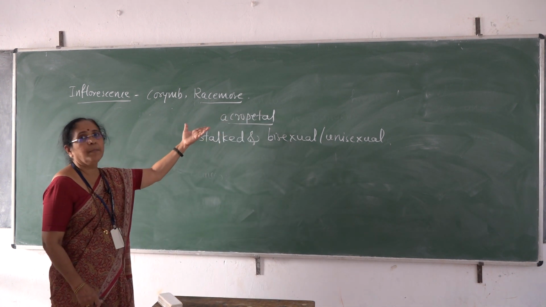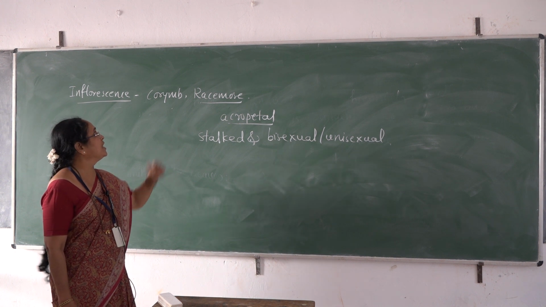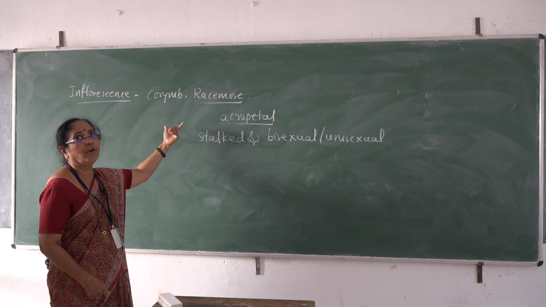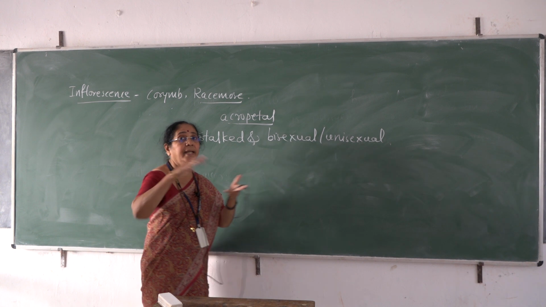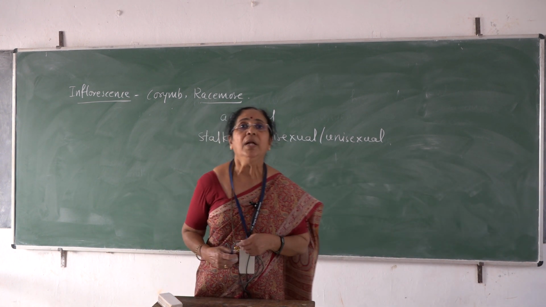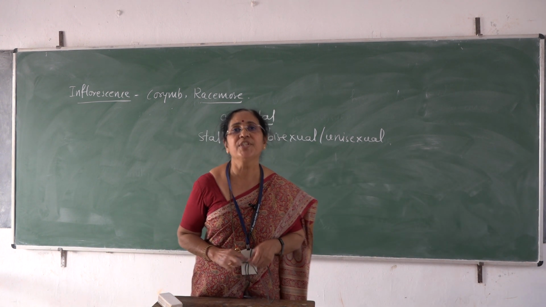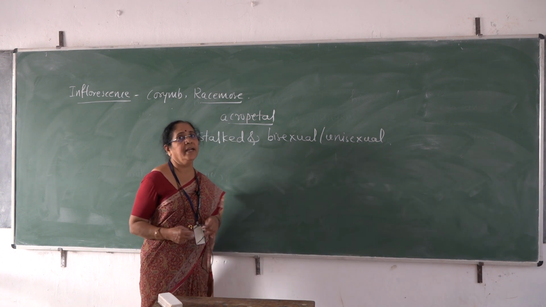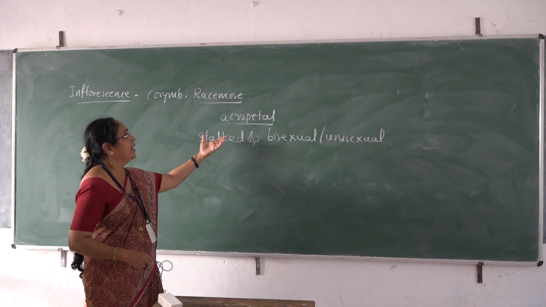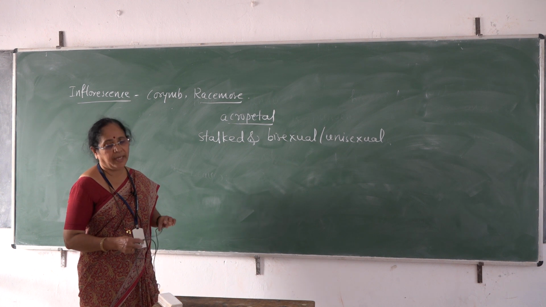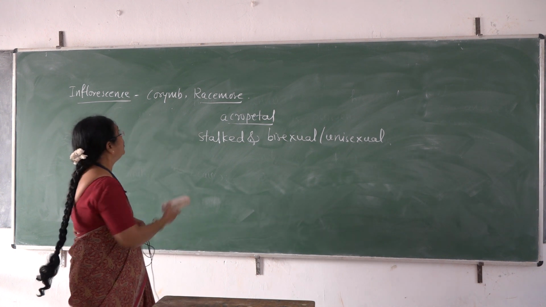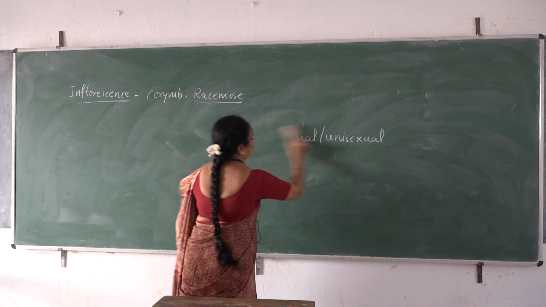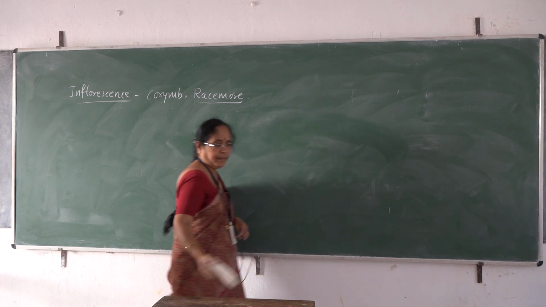And mainly the Brassicaceae family is characterized by racemose inflorescence, and in some cases it is porine. In cauliflower, it is a highly condensed inflorescence of the cauliflower plant, which is the edible gobi. It is a highly condensed inflorescence, and that is about the inflorescence of the family. Okay. Now, to continue with the flower, the characters of the flower.